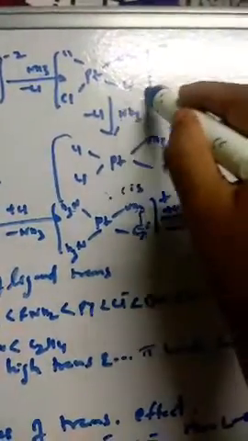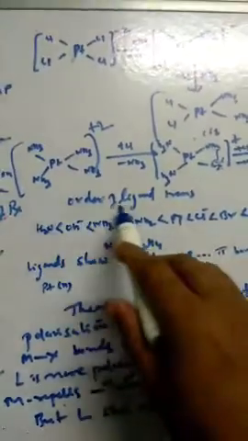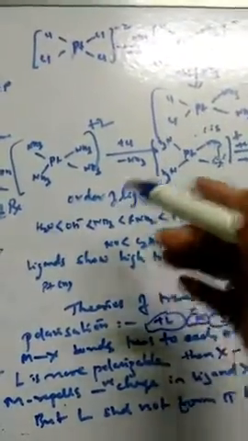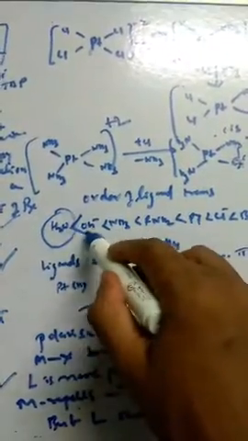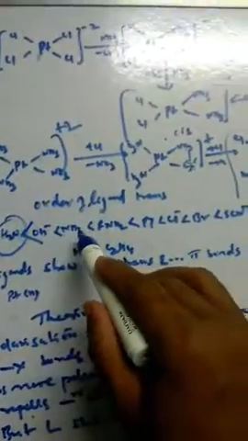So cisplatin is used as an anti-cancer drug, and this is not so stable. In the next video we can see the mechanism of the trans and cis forms and why this is not so stable. So this is about the trans effect. Here I have given you the order of the trans effect of ligands. See here, water is the least. H2O is a very weak trans effect ligand, followed by OH.